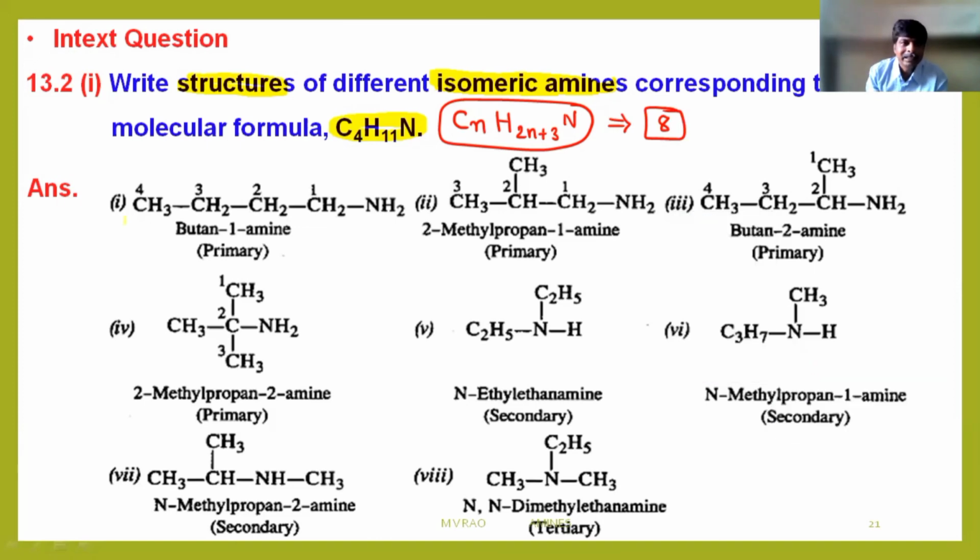First of all, you will see the primary amines, NH2, NH2, NH2, NH2. How many primary amines are there? Four primary amines are possible, out of a total of 8. Then NH, NH, NH: three secondary amines are possible. Only N is there: it is a tertiary amine. So with C4H11N, how many isomers are possible? 8: 4 plus 3 plus 1. Four primary amines, three secondary amines, and one tertiary amine. In this answer, all IUPAC